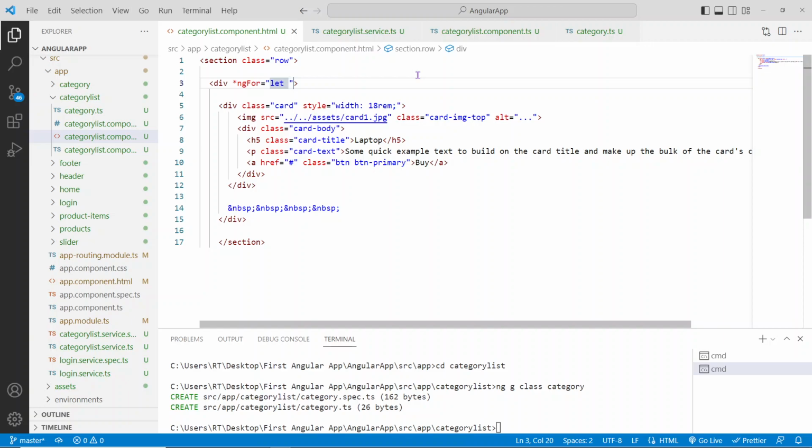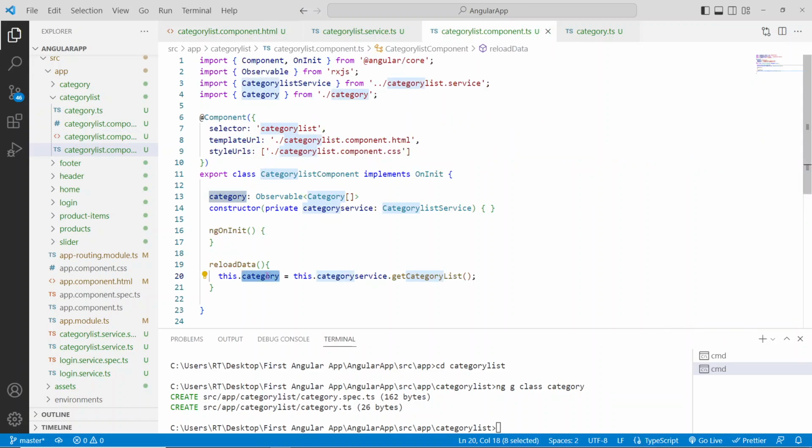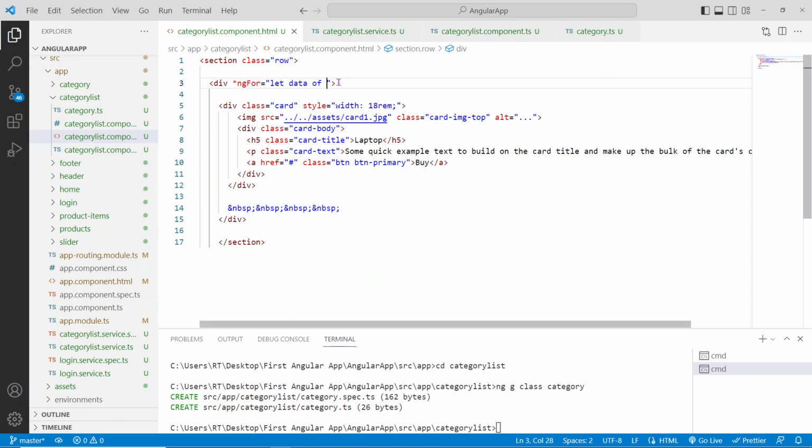So same way, let data of what, category object, the object which we created in the component just now, this one, category object. So let data of category object like this, okay. And also you need to mention something like this, which is asynchronous,